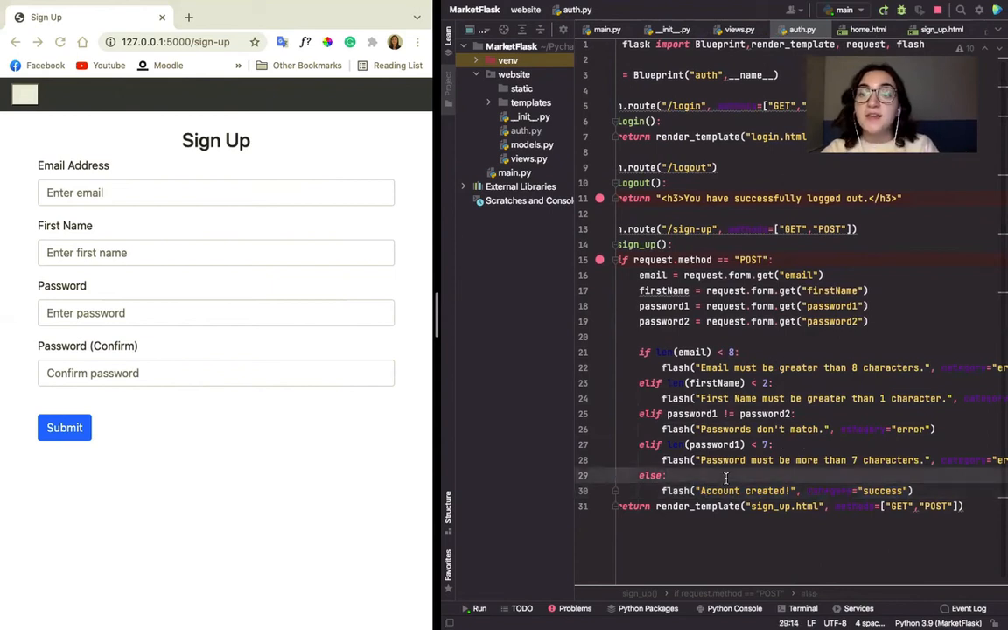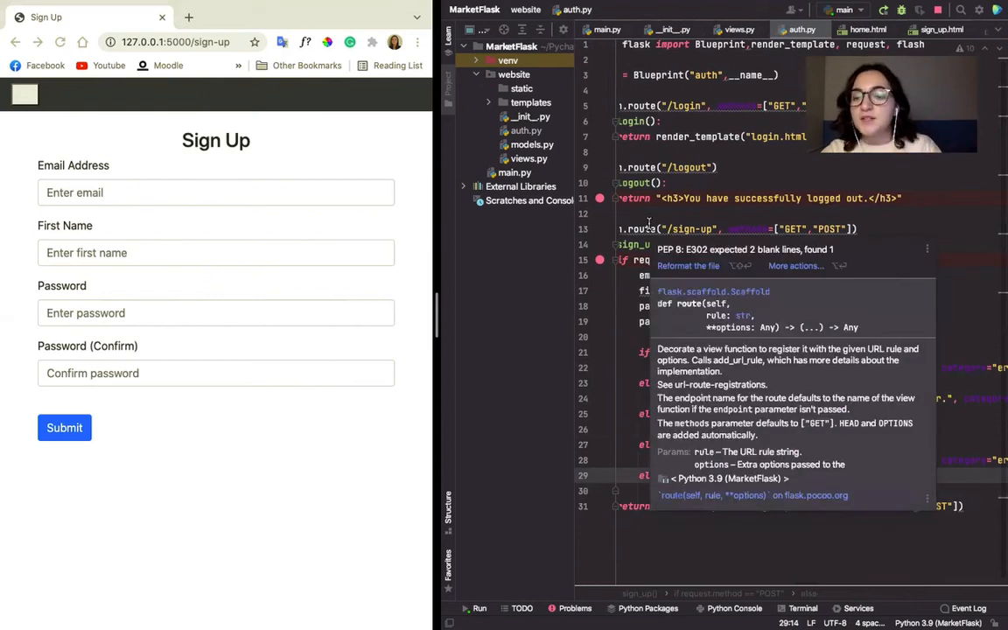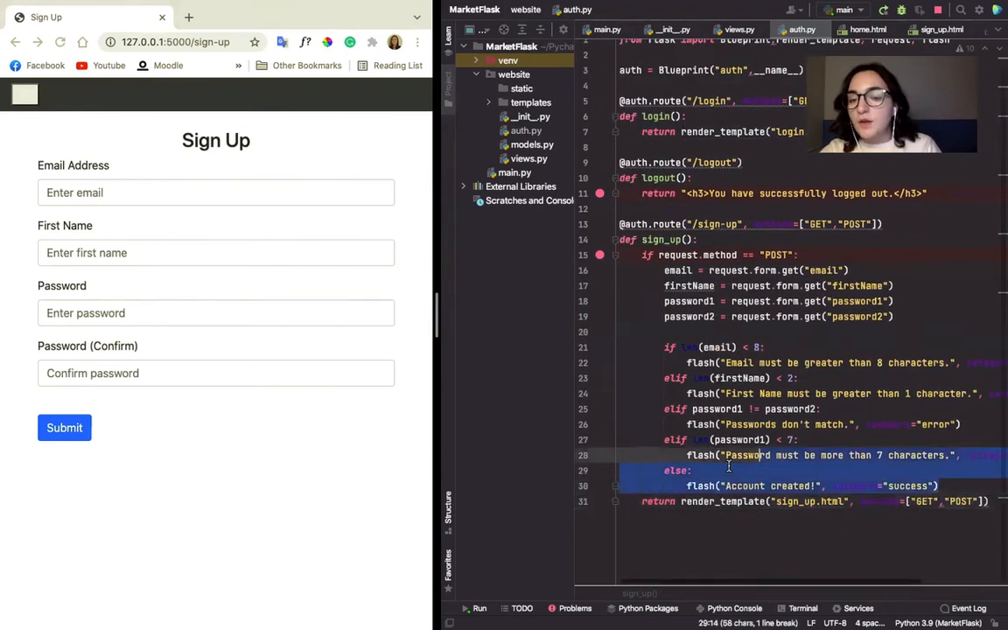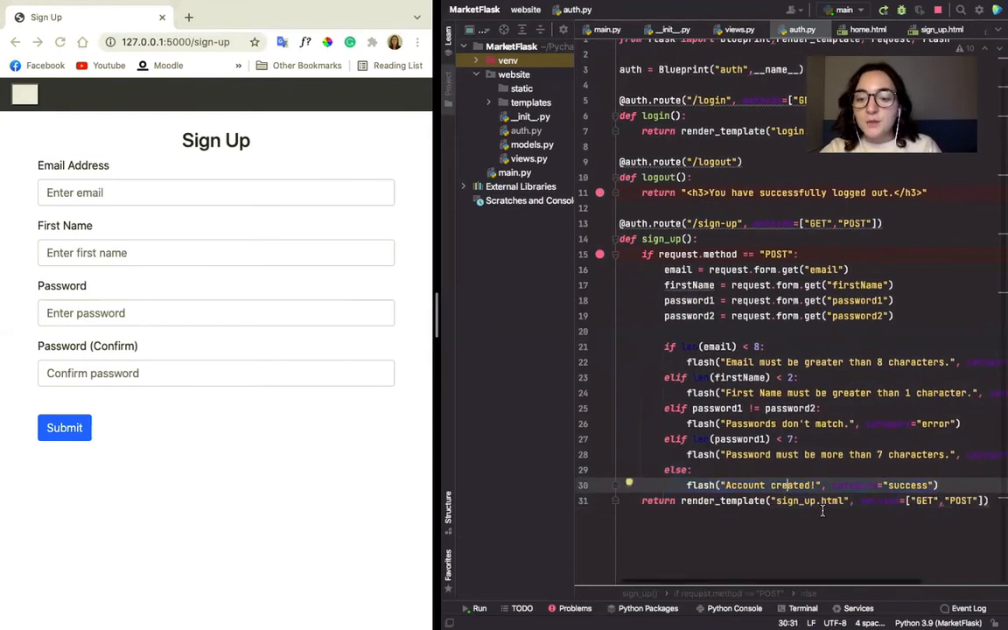And this is the backend aspect of it. At least that's how I perceive it, the backend. And then once we go to the front end, we get to use this category. And so if this criteria is fulfilled, then we can actually just go for account created. And finally, here we have a return